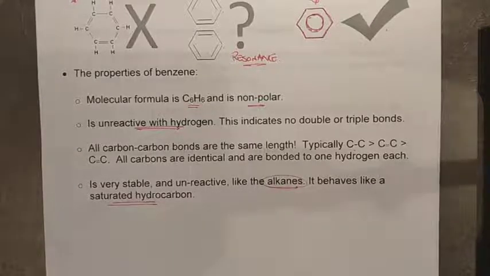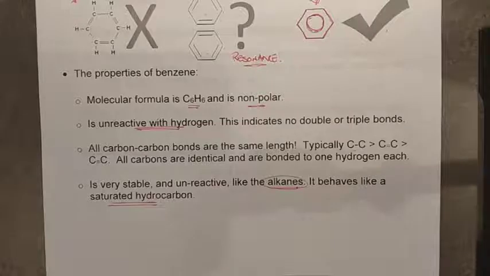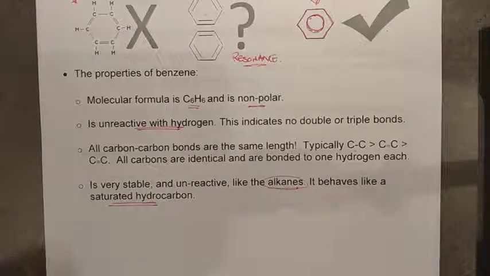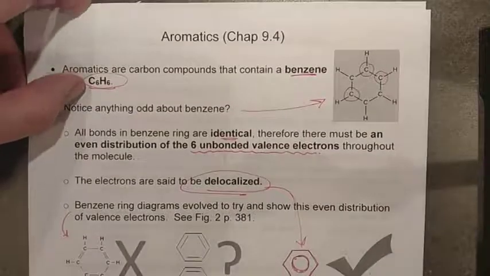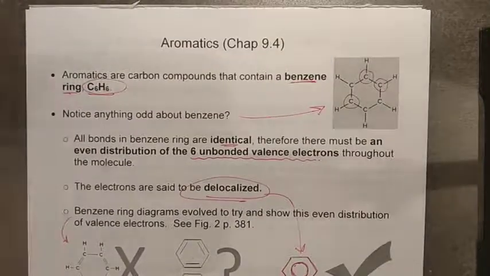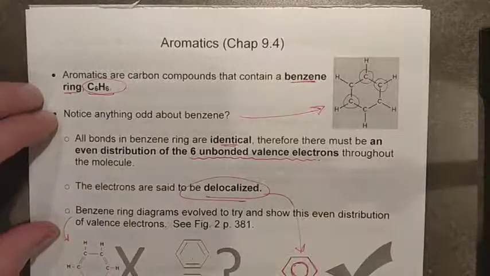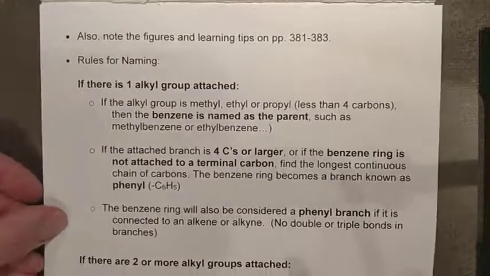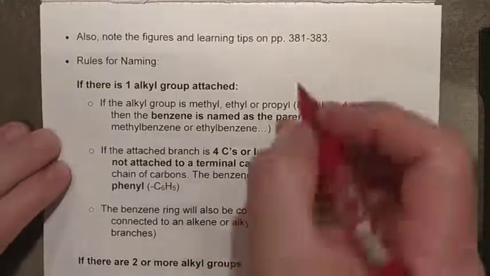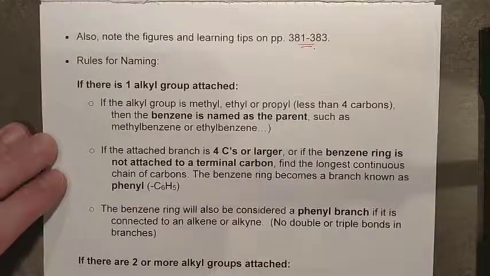Okay, so these are a few of the reasons why the aromatics are a separate category, because of the unique and odd behaviors of this benzene ring. Now, this is all material for, I would say, other chemistry courses. I would be aware of some of the properties of benzene, but as to being able to explain why it is the way it is, that's far beyond what we would be doing in Chemistry 30. So where we're going to go is just looking how to name it and deal with the molecules that possess a benzene ring. So there's all sorts of notes and helpful things on 3D1 to 3D3. I would certainly take a look at that.